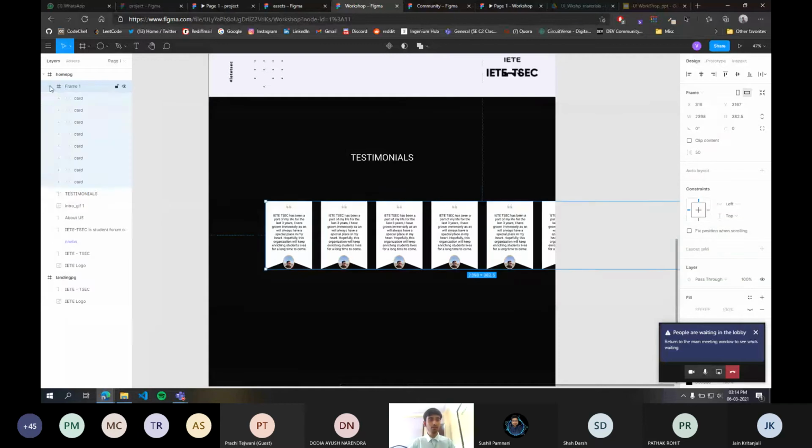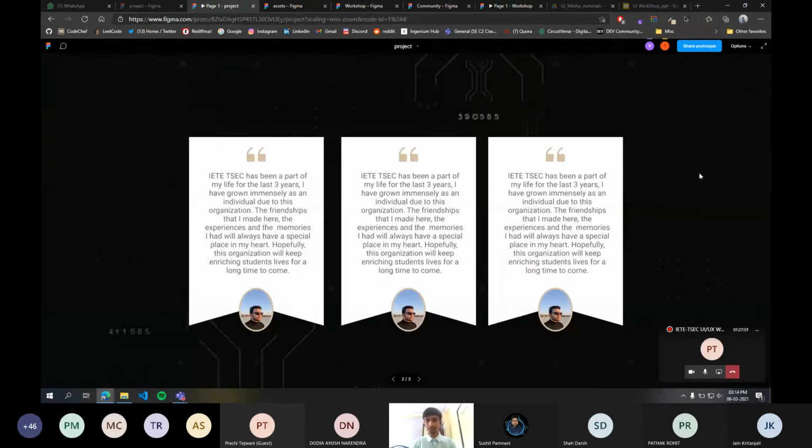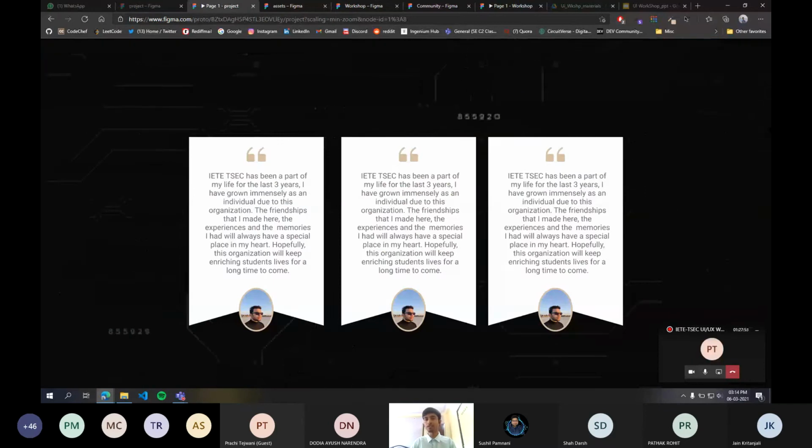So now all of your selected elements will be placed inside of a frame. Now just rename this frame as SCOM scroll.